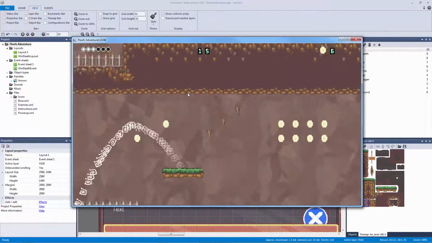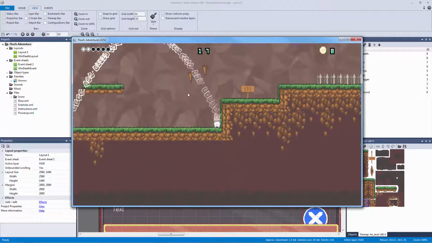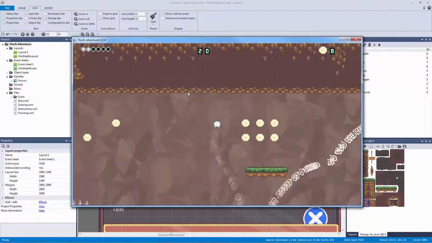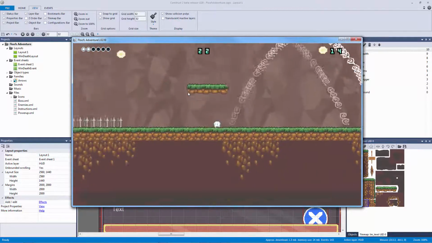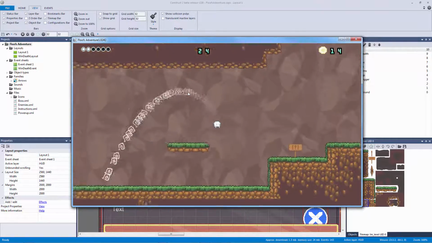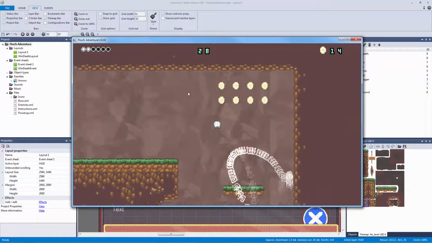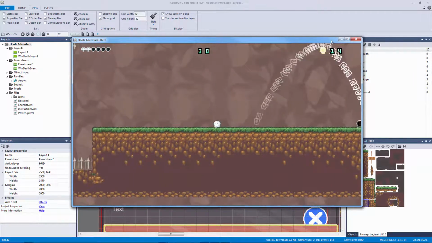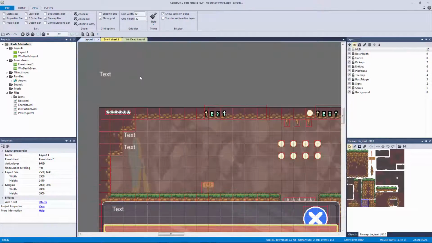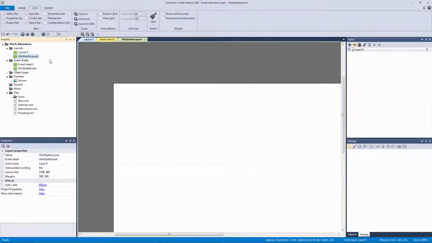Going to go backwards in time here. So it's going to count all the way up, and I'm just going to show you a very basic way to bring it over to the next layout. That's why I didn't want to go too much into detail on it. It's just kind of an experimental feature that I was messing with that I thought might be cool to have in the game. So what we're going to do is set up our win death layout and